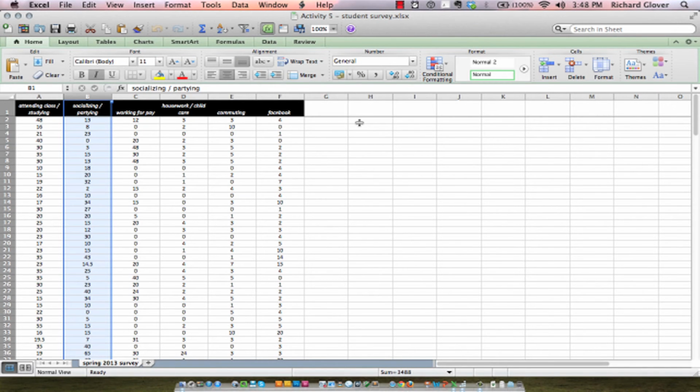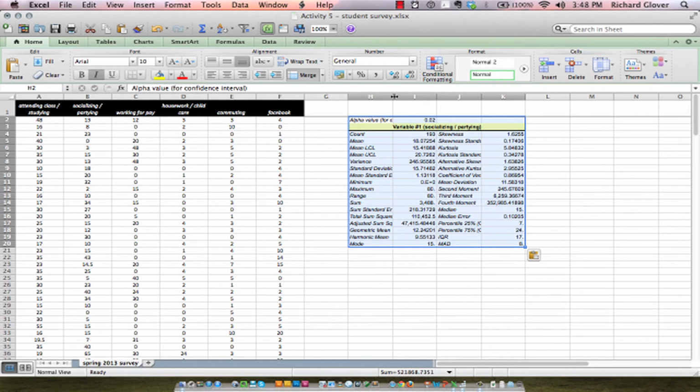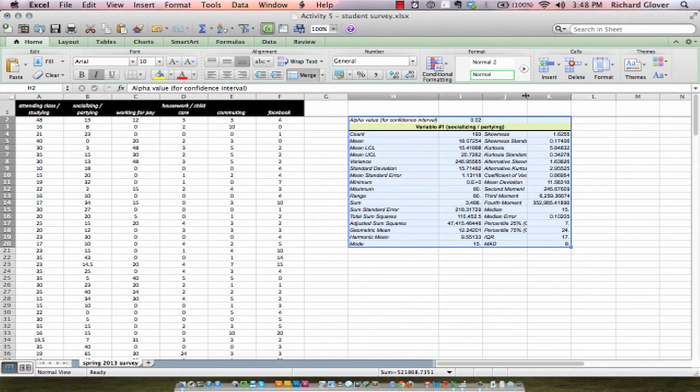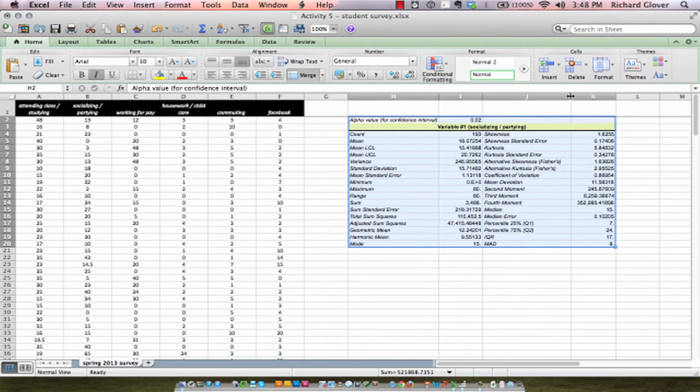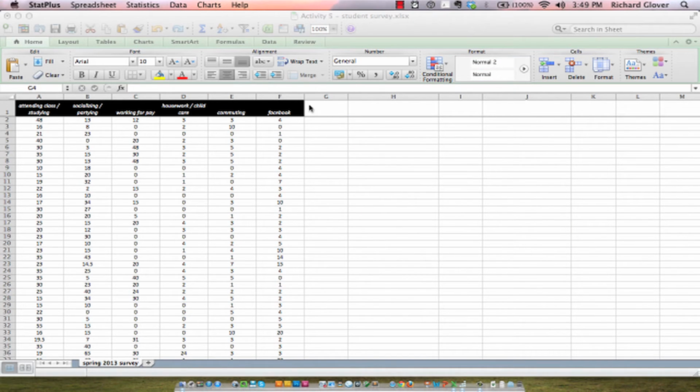You don't necessarily have to do this, but I'm going to do it for just visual ease. I'm going to adjust the columns just a little bit so that they work just right. And there you've got a nice set of descriptive statistics for one of your variables. The nice thing about StatPlus is it'll also do it across multiple variables, so I'm going to show you